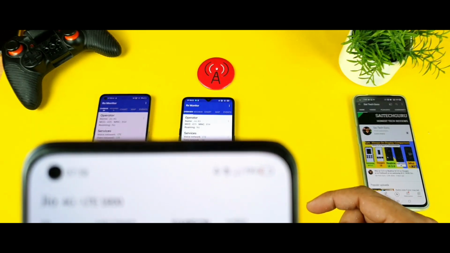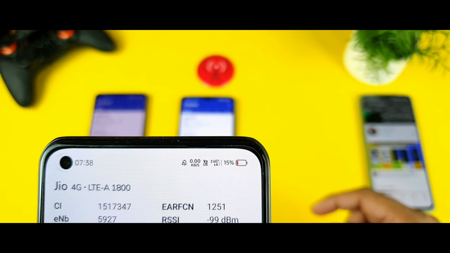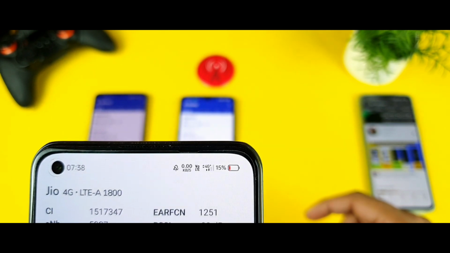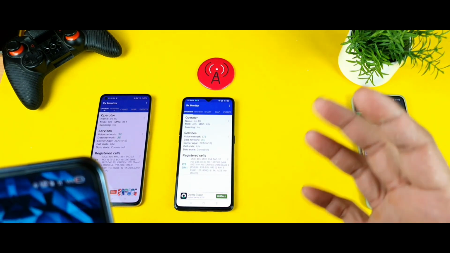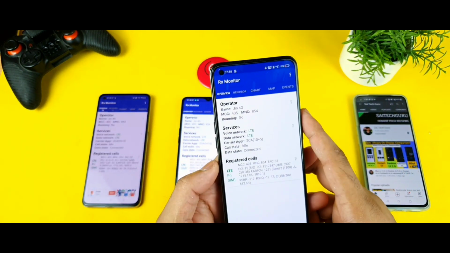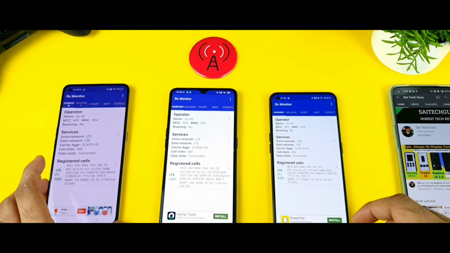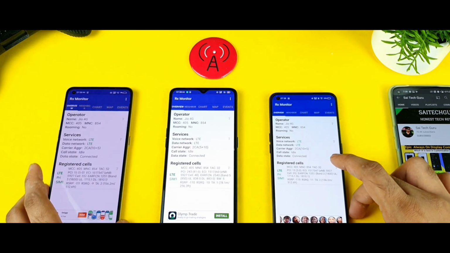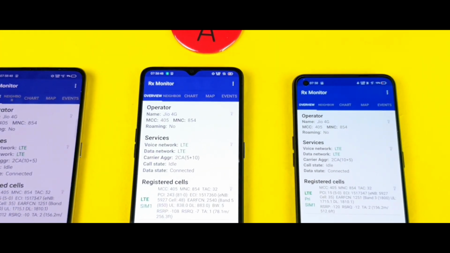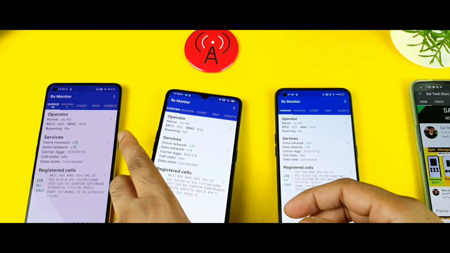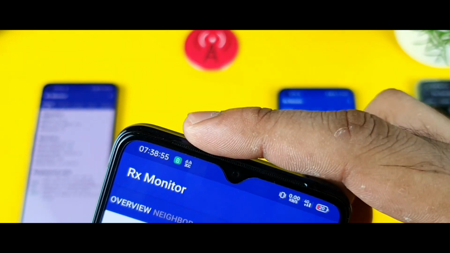As you can see, friends, I'm getting LTE. Let me turn on the mobile data. So right now the mobile data is turned on and I'm getting the carrier aggregation as well, 4G plus in the Realme X1 Max. But let's see, friends, what the results will be while doing the test. That is what the real scenario is going to show. As you can see at this point, all the three smartphones are getting the carrier aggregation. You can clearly see, friends. So in the first test, all three smartphones are able to get the carrier aggregation without any problem. I'm getting 2CC in this Realme X2 Pro device.